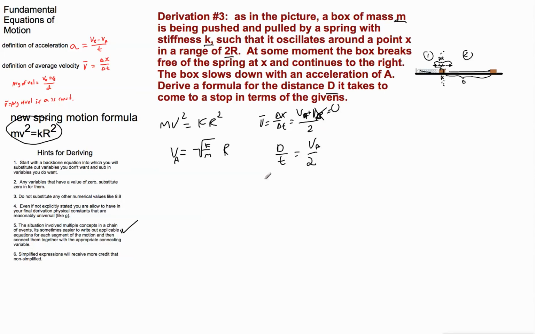Okay? So now what I'm going to do is rearrange this thing. It's going to look like this. D equals VA times t over 2. And now I want to get all of this stuff in here because I want to have D in terms of the givens that are up here, which doesn't include time. So let me make that substitution. This is going to be the square root of k